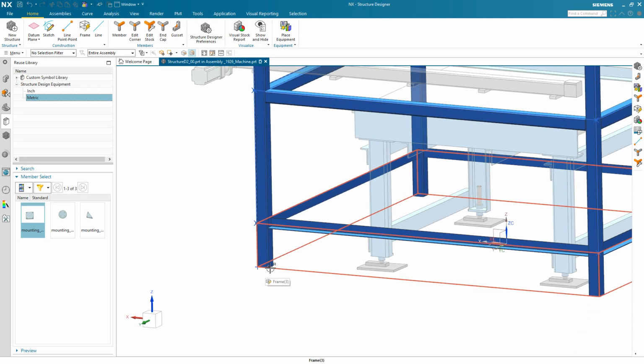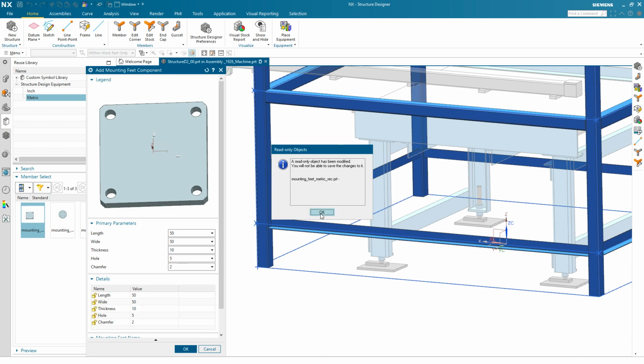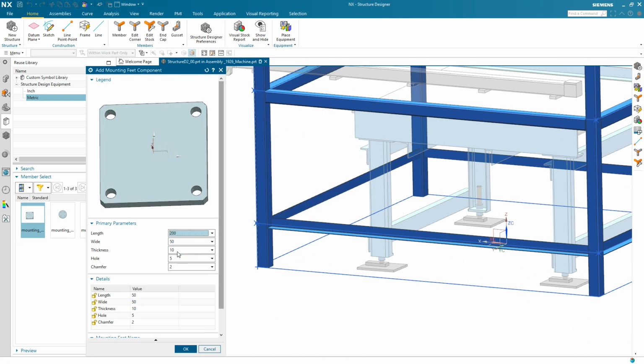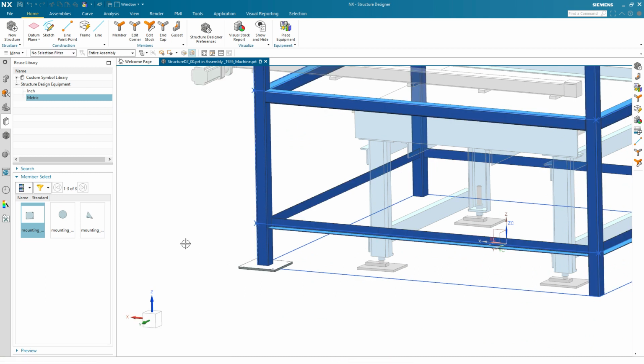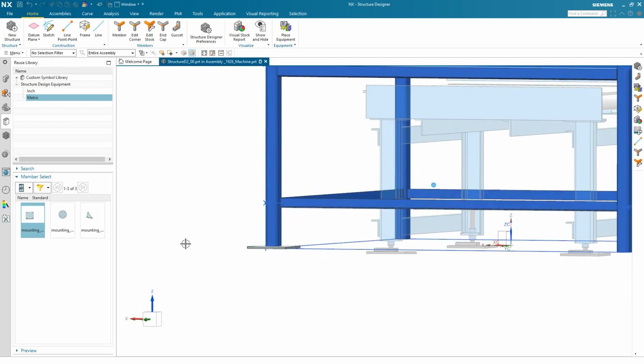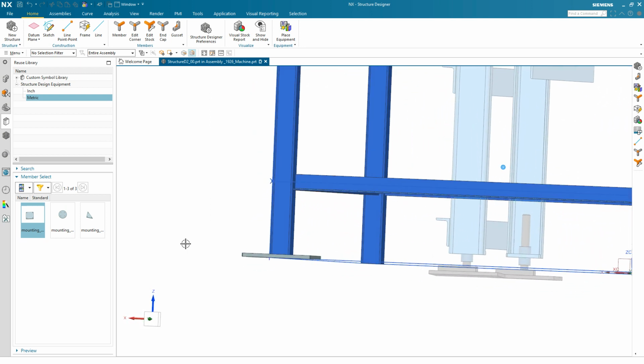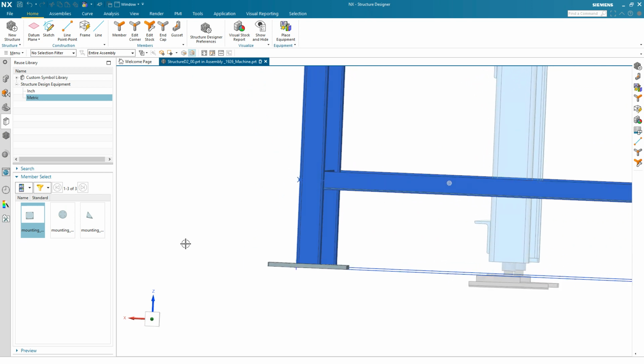And the system will prompt me for dimensions for my individual model here, or my parameters. So for example, I probably want this a bit larger, so I'm going to pick a stock size of 200 by 200, and the system will reconfigure that part for me and add it to my assembly. It's also trimmed back the length of that member so the overall height of my